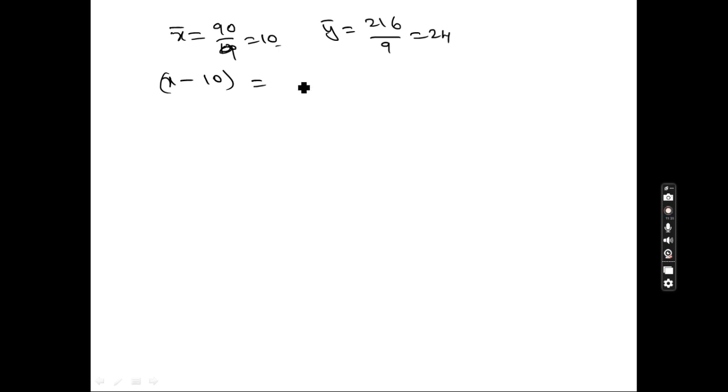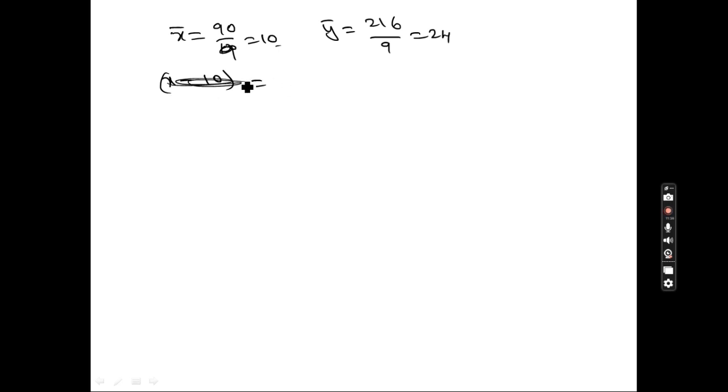Next, calculate x bar. X bar will be 90 by 9, which is nothing but 10. So the sum of x values is 90, divided by 9, gives 10. And y bar: the total is 216, and 216 divided by 9 gives 24. So x minus x bar is 10 is equal to,